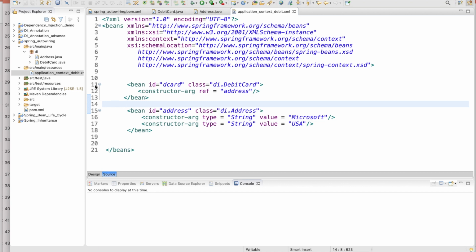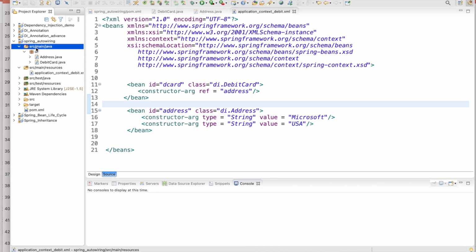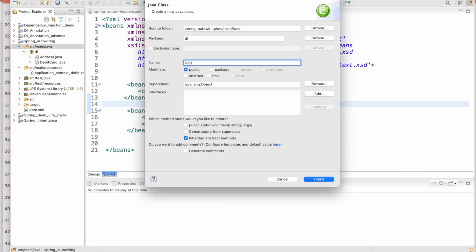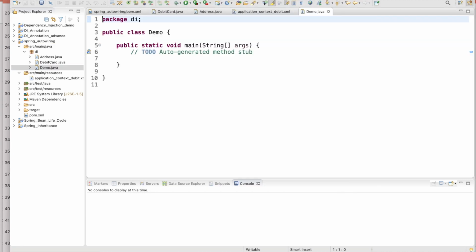Then you create one demo class to run this code, with a void main. And now we have to create one bean factory, meaning application context, by which we can create the bean for the debit card.